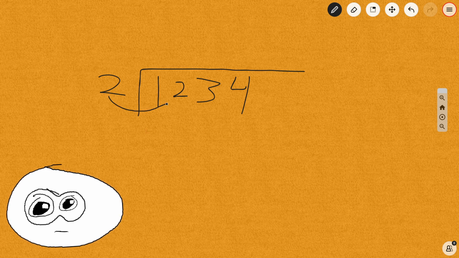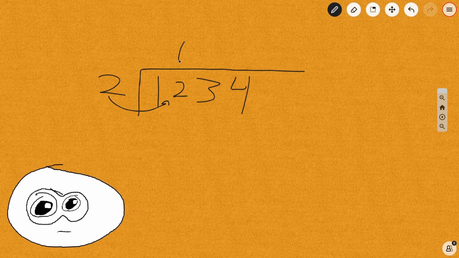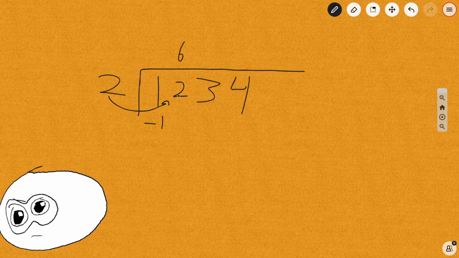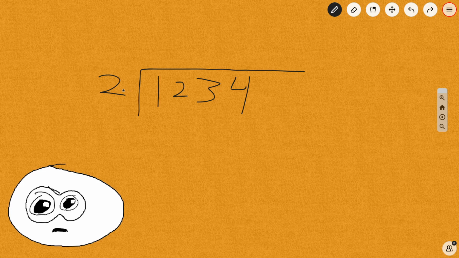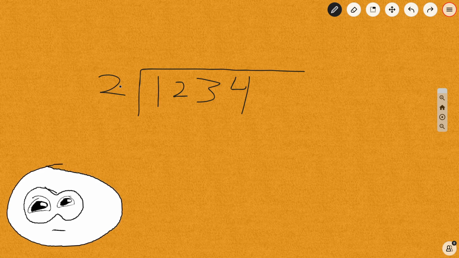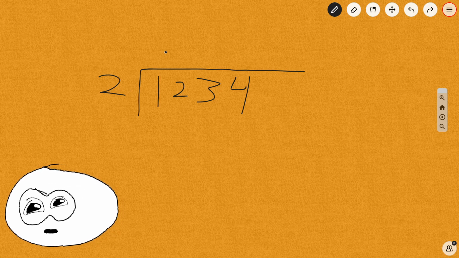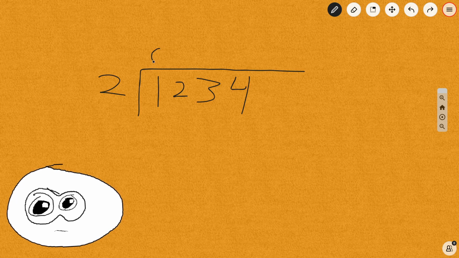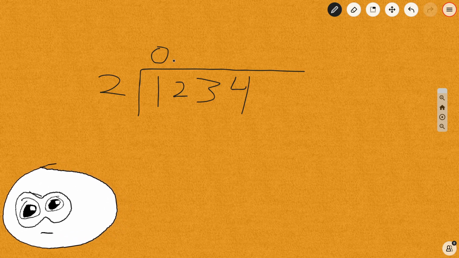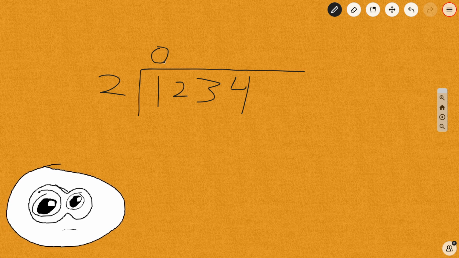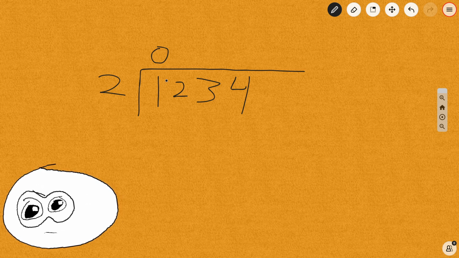How many times does 2 go into 12? Well, 6 times. And when you have 2 times 6, that's 12. Sorry, I kind of jumped. So you look at the first number, right? Because you want to see how many times does this number 2 go into the number 1. That'd be 0 times. Technically, it'd be 0.5 times. But you would just leave it as 0 for now, because that way you want to keep it nice and